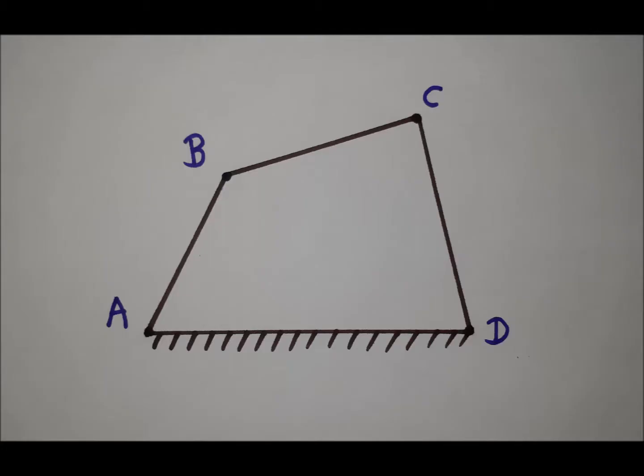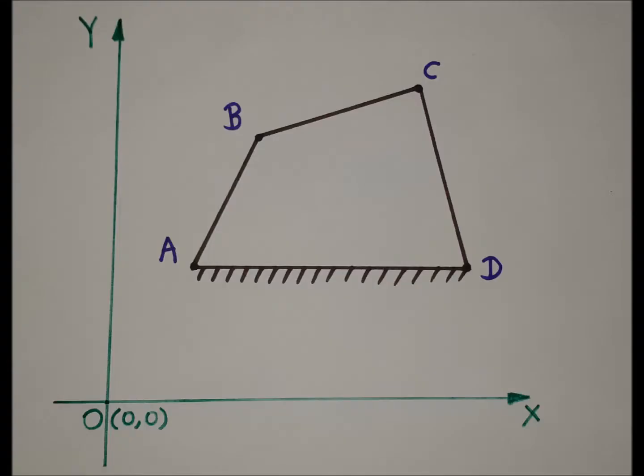And here we can notice at points A, B, C, and D, we have turning pairs. Okay, so whenever we give input motion to input link AB, as input link AB turns, due to that the coupler will move, and as the coupler moves, due to that the output link will also change its position. Okay, now we will move to the next frame.